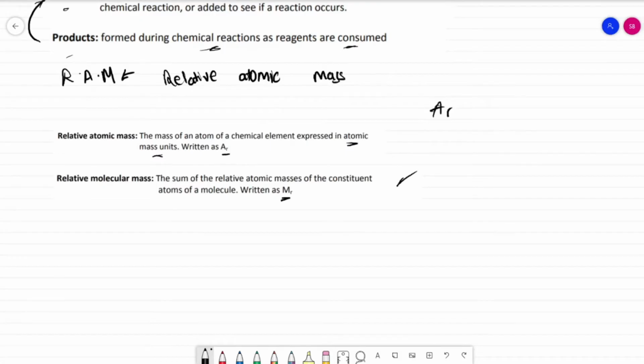So basically the relative molecular mass is combining all those atoms together that we had in the relative atomic mass to make your molecular mass. So right now, if you don't understand, don't worry, we will be doing examples on how we can calculate the relative molecular mass, how we can calculate the relative atomic mass from given elements and formulas. So that being said,